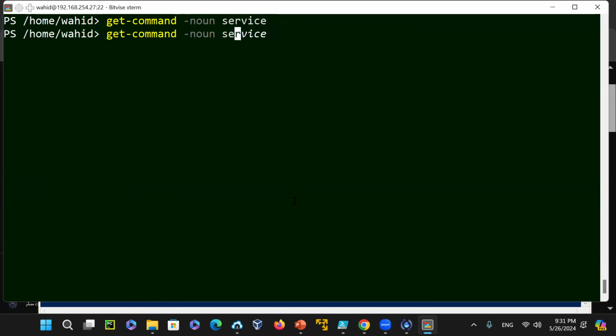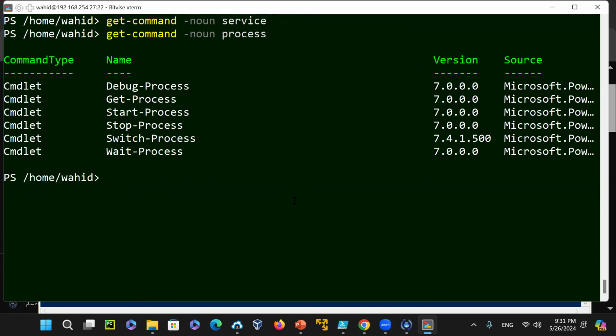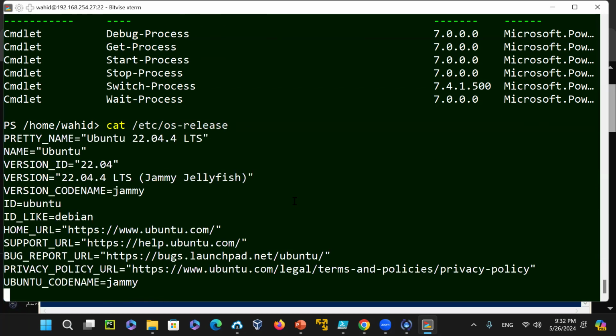And then there's no service here, but Process, yeah, the Process there. Notice that this one is a Linux machine, so it does not have these Windows Get-Service commands, because this is systemd, which, as you can see here, if I do cat /etc/os-release, this one is Ubuntu 22,